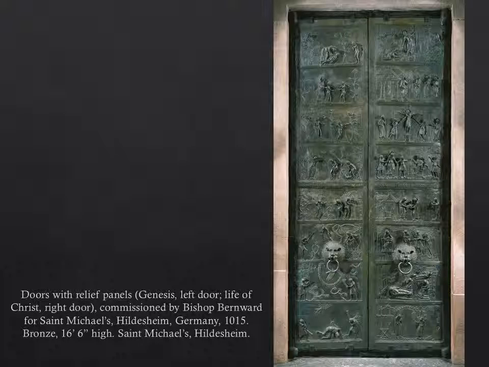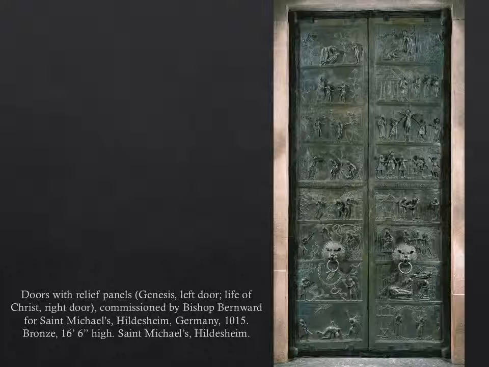So although the exterior of these buildings are fairly plain, not a lot of exterior decoration, there are precious artifacts and there are large-scale decorative pieces being placed inside them. And this is a great example. This is also from St. Michael's in Hildesheim. This was created about the year 1015. These are bronze doors that would have been a part of the interior,